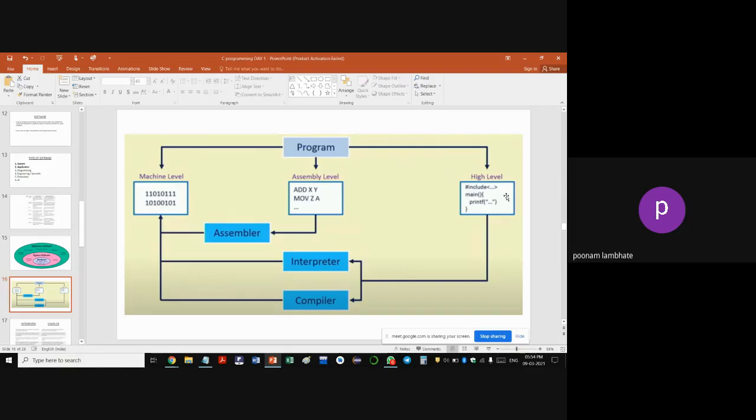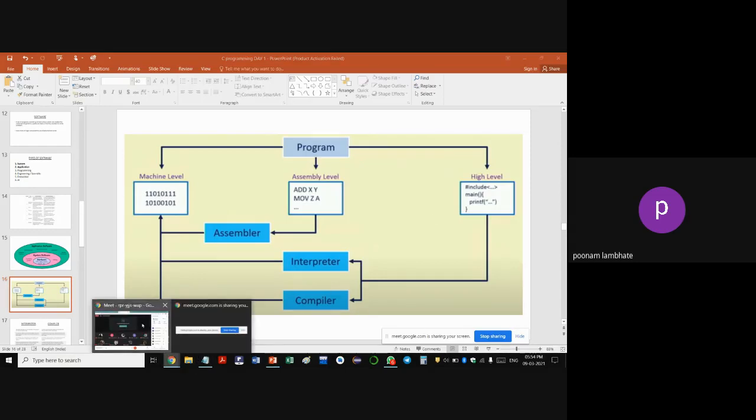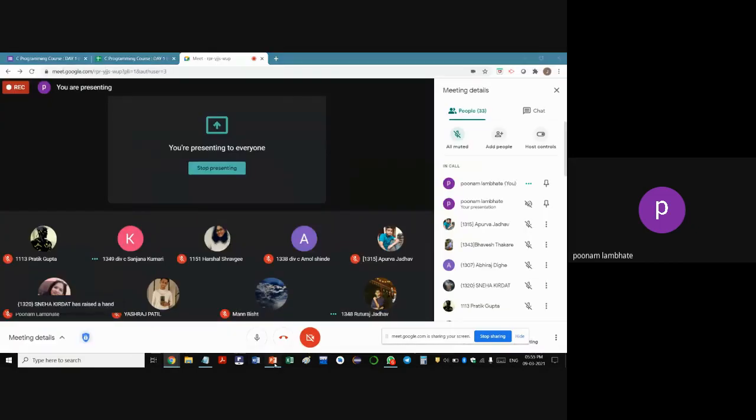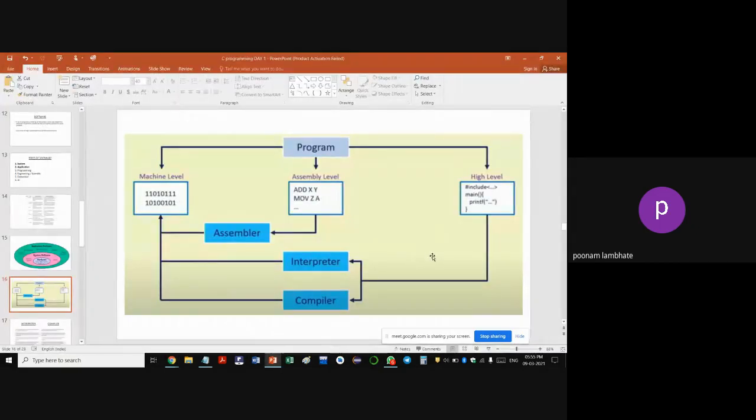So whatever program we write, it is in the form of high level. The computer cannot understand high level languages. High level languages have English statements, the syntax, and the proper meaning in them, which is easy for us to program in. So whatever we write, like take the input from the user, print the following statement, all that is in simple English language.